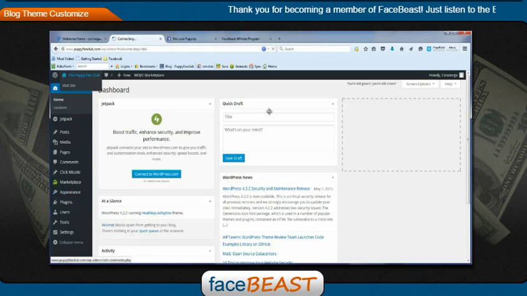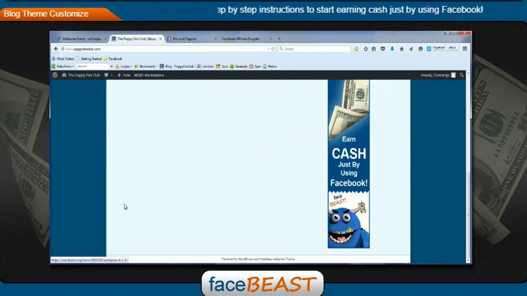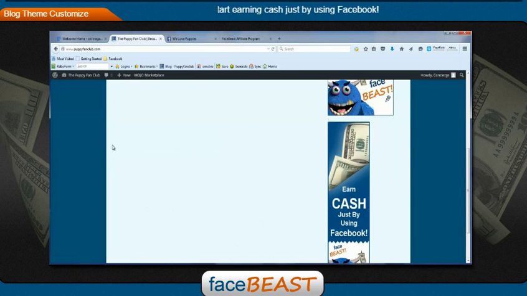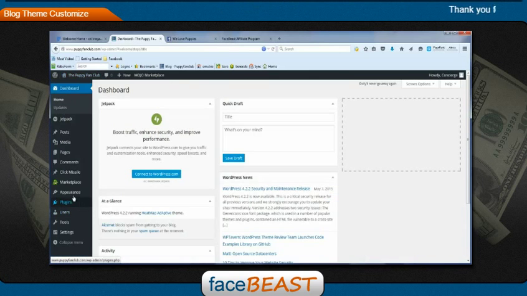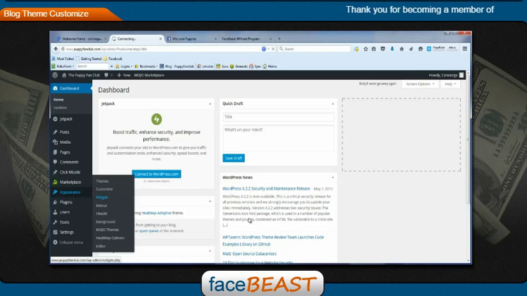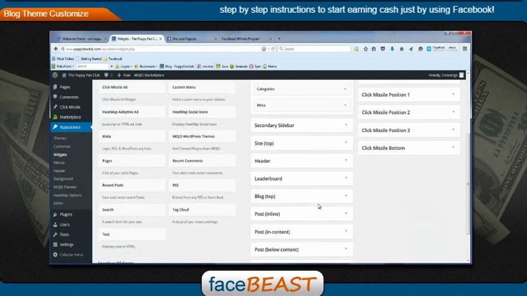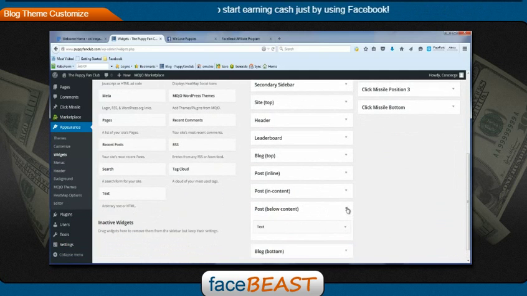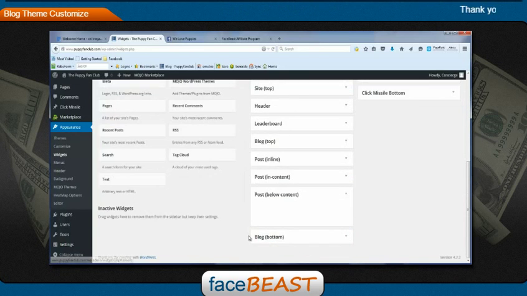But if we did have a post, and this was a video and a write-up, a couple of paragraphs of content, then that image would show up right at the bottom here. So that is how you add widgets and add the different content to your widget section, so it will bring your whatever banners or whatever it is that you want to have